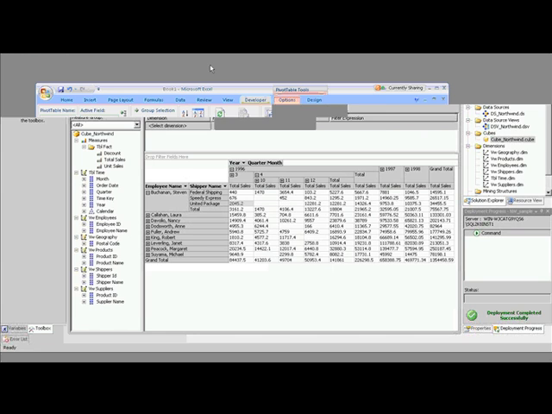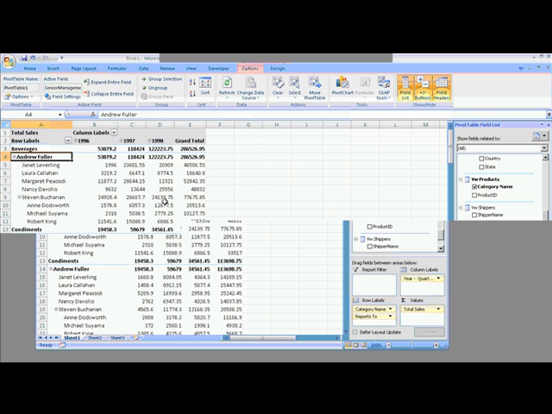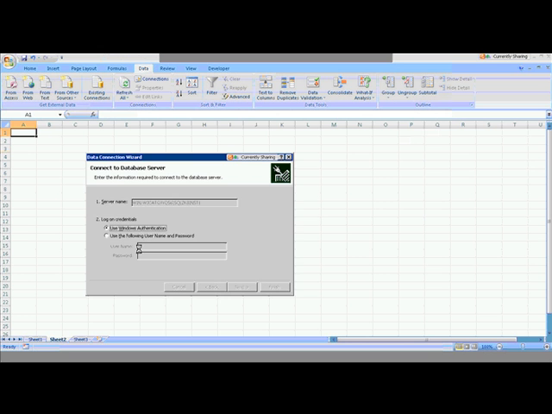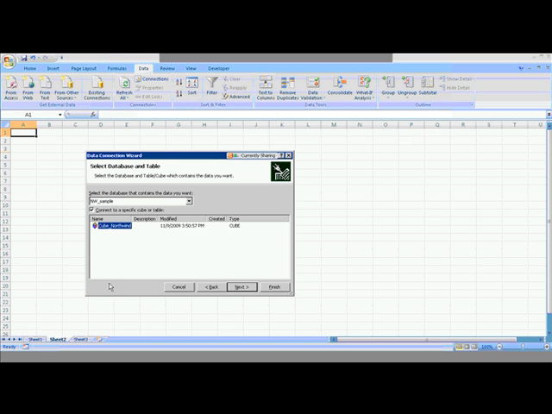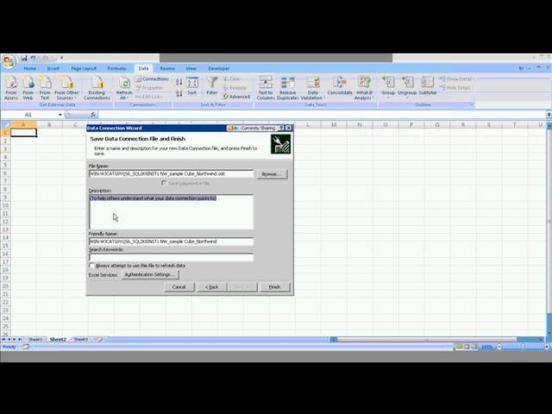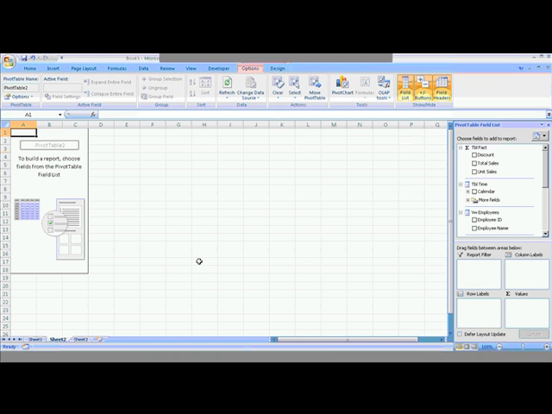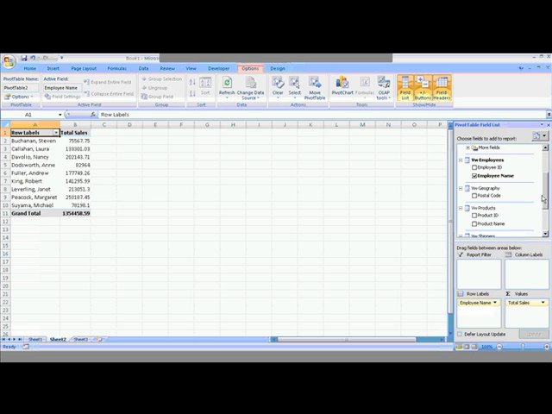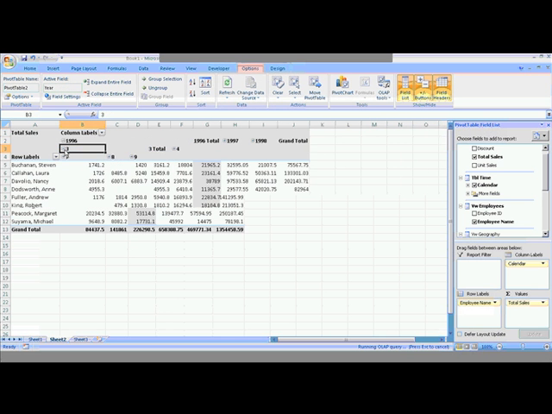So I'll go to Excel, go to sheet 2, create a new connection from Analysis Services. My server name, as you all know, is this one. And NW sample was the OLAP database, and the cube was the one that you have just deployed. Move next. Finish. And here we go. Total sales in values, employee name on rows. I can't see time, so here is time, which will be on columns,